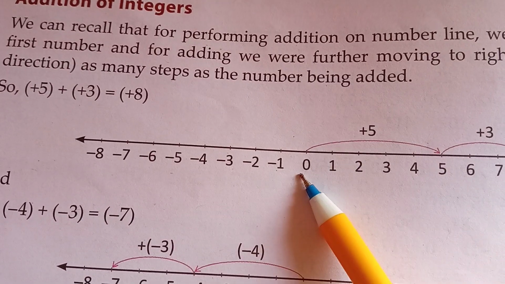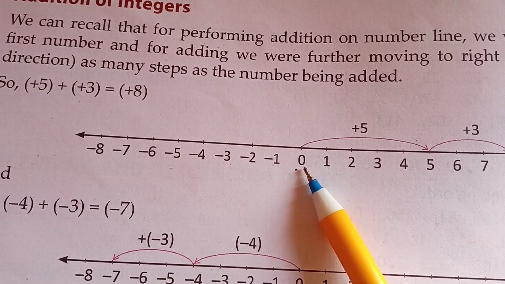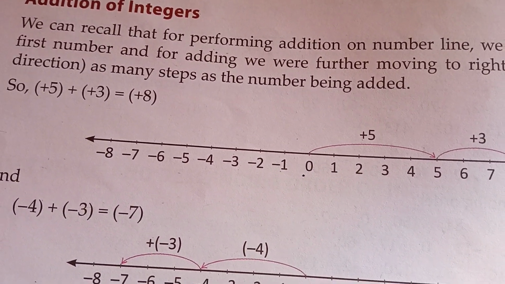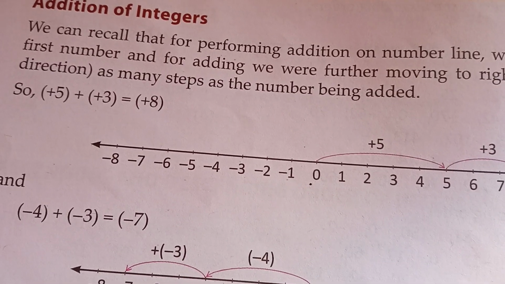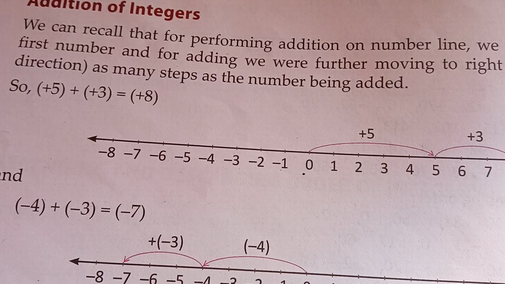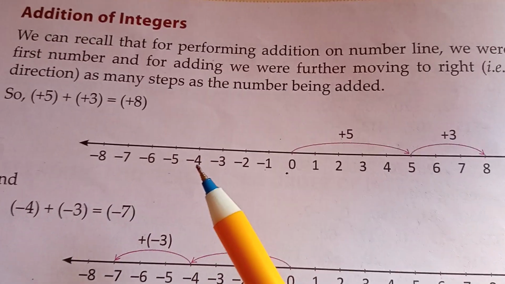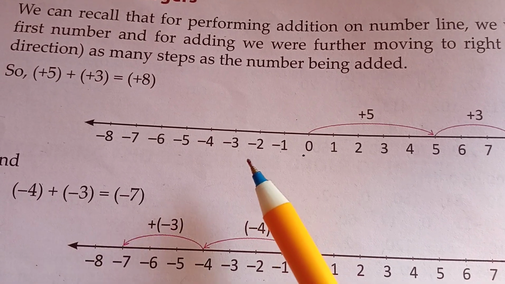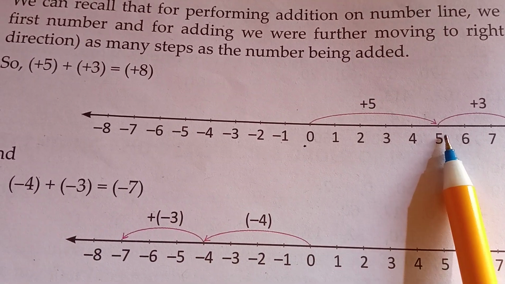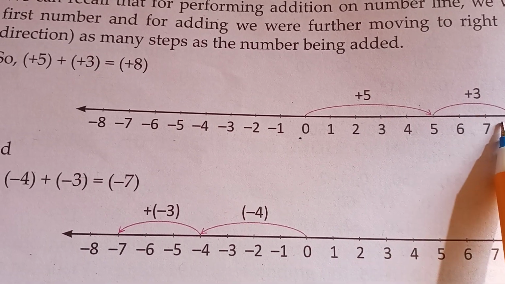So like this way you have to solve. See here, in this number line it starts from 0 because the first number is plus. So we have to check whether the first number is a positive or negative integer. In this case it is a positive integer, so we will go to the right side of 0. After reaching the position plus 5, you have to check the second number, which is plus 3. After taking 3 steps to the right of plus 5, 1, 2, 3, the number will be plus 8.